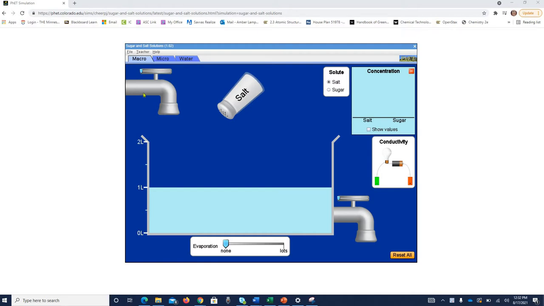Once you get into the lab, you'll notice there are 3 tabs here. The 2 tabs we are going to use for sure in the lab are macro and micro. Macro means bigger scale, micro means smaller. And this video is just going to show you how to use some of the tools that this lab has available to you. So when you're in the macro tab, which is your basic setup as soon as you get in,